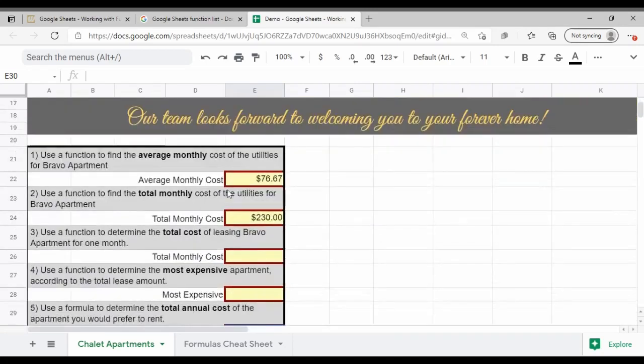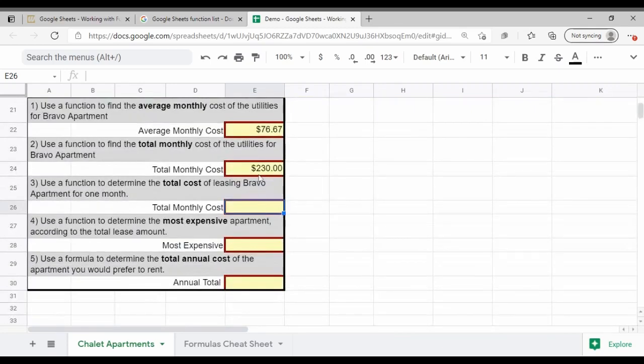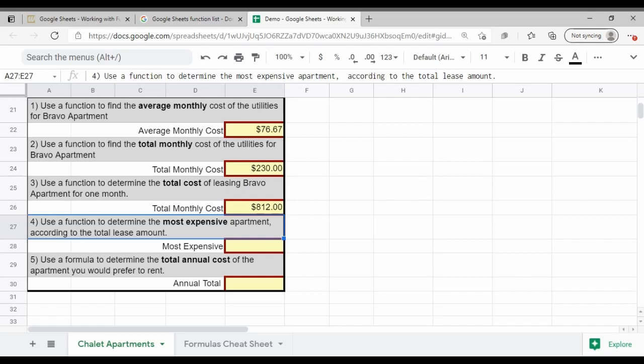So $582 as we found in cell C8, and the utilities that we found in cell E24. So I'm going to use equals sum C8 plus E24, close my parenthesis,